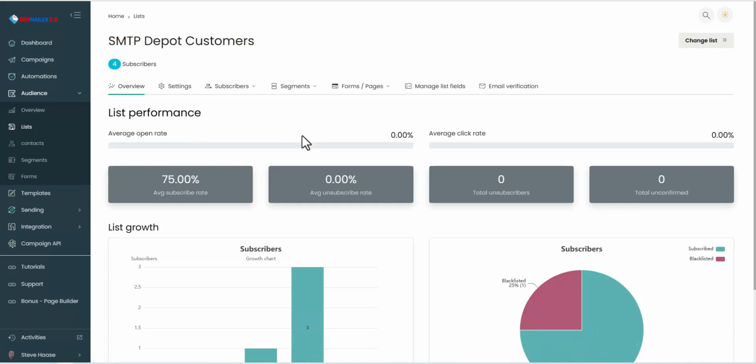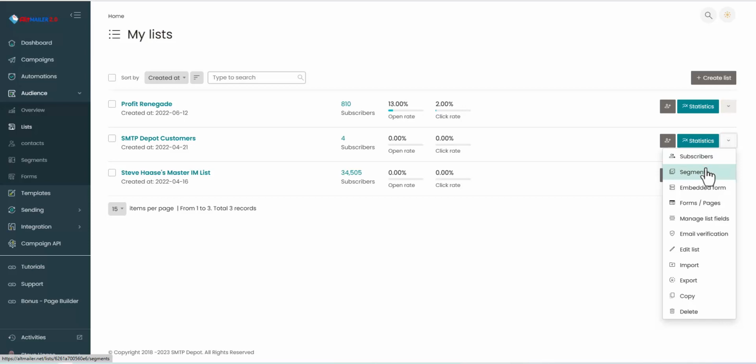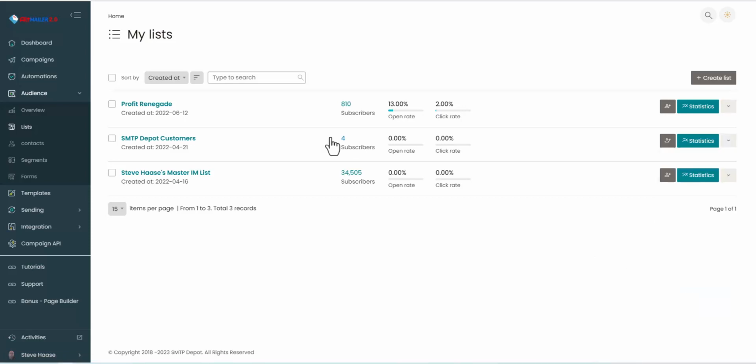or if you want to just go right into some of the things you can do, you can just click this down arrow and it'll show you your subscribers, what segments you have, any embedded forms that you've created, other forms and pages. You can manage your list fields from here if you need to add or edit any of the list fields. Email verification, if you've selected and connected with an email verification service, you can verify your list here. You can edit your list, you can import, you can export, you can copy, and you can delete,